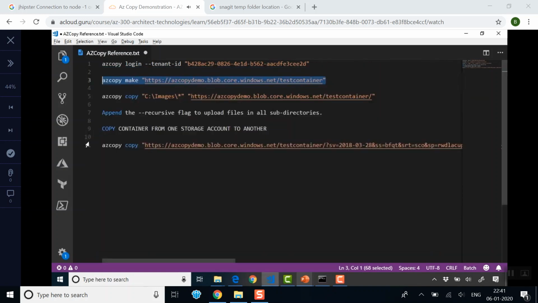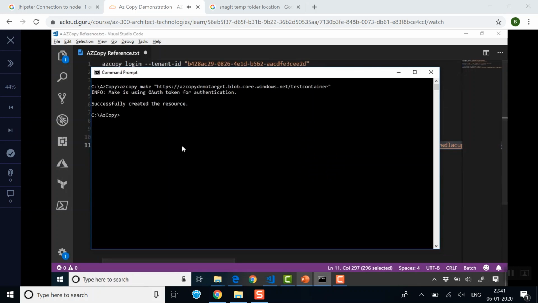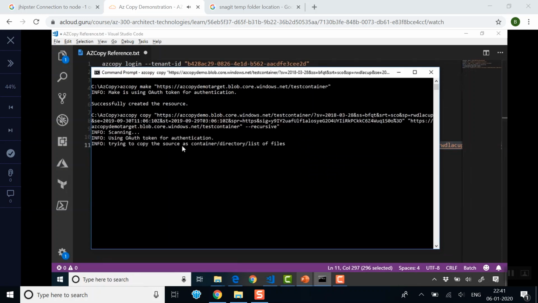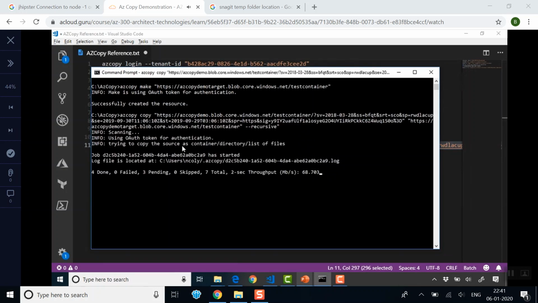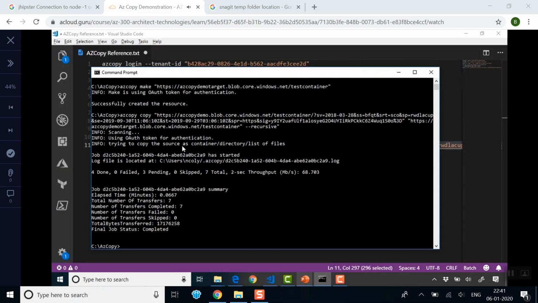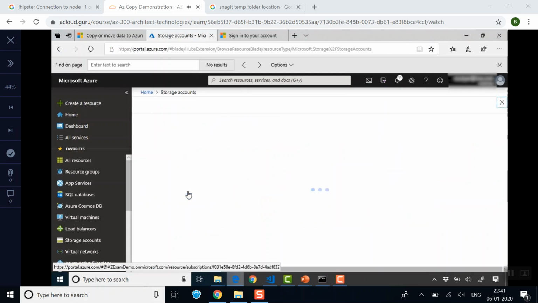Now I grab my other command on the bottom here and paste that in, and let's see if it copies everything across. And that looks good. There's 7 files. They're already copied across. And if I go to the portal, select the target storage account,